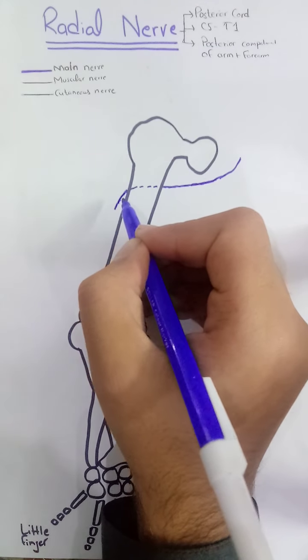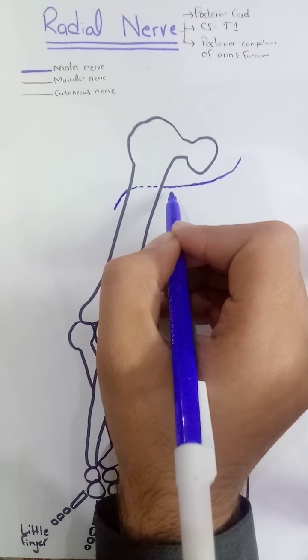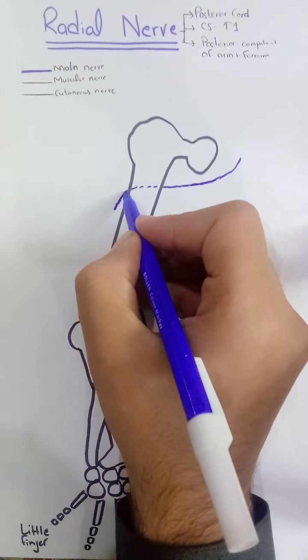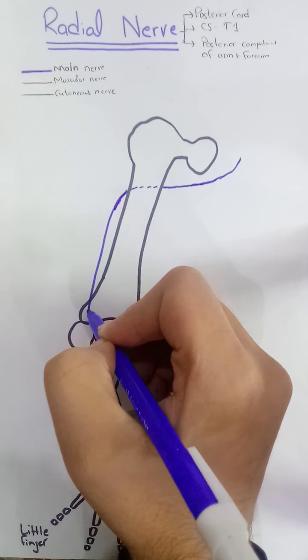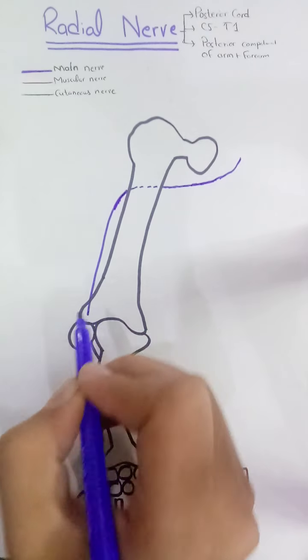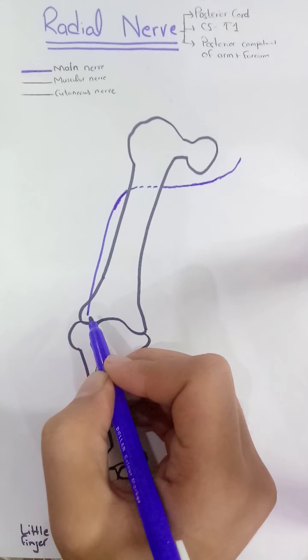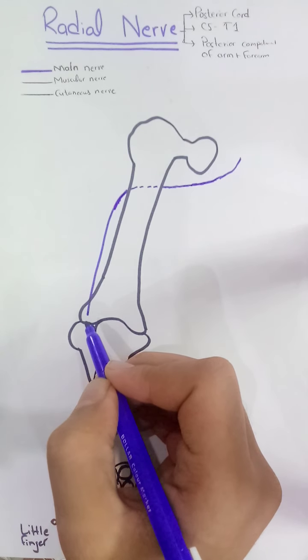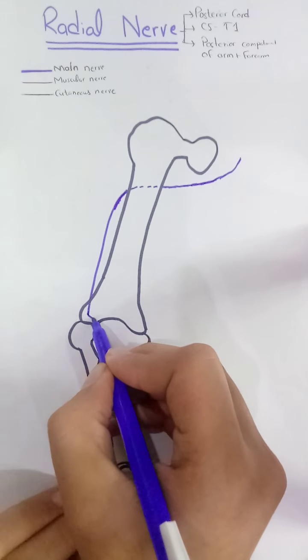Here is the radial groove of the humerus, and it will be accompanied by an artery called the profunda brachii artery. Now it will move on the lateral side, and at the level of the lateral epicondyle of the humerus, it will divide into two branches, the superficial branch and the deep branch. The superficial branch will be cutaneous and the deep branch will be muscular. So this will be the superficial branch,